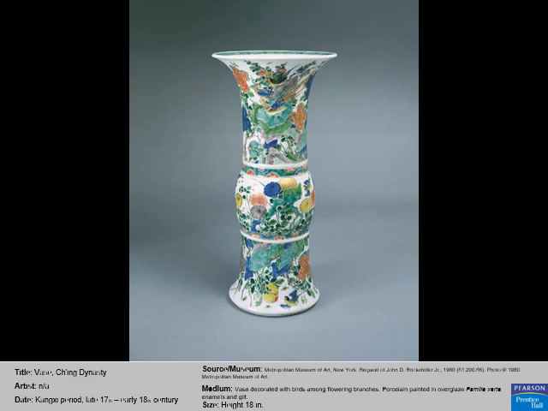It was called the famille verte vase, verte being Latin or Italian for green, because of the distinctive greens used in the decoration. So the title, famille verte, was because of the greenness in the piece. But porcelain again is a clay body that's very high in its grain, and it's impervious to water.